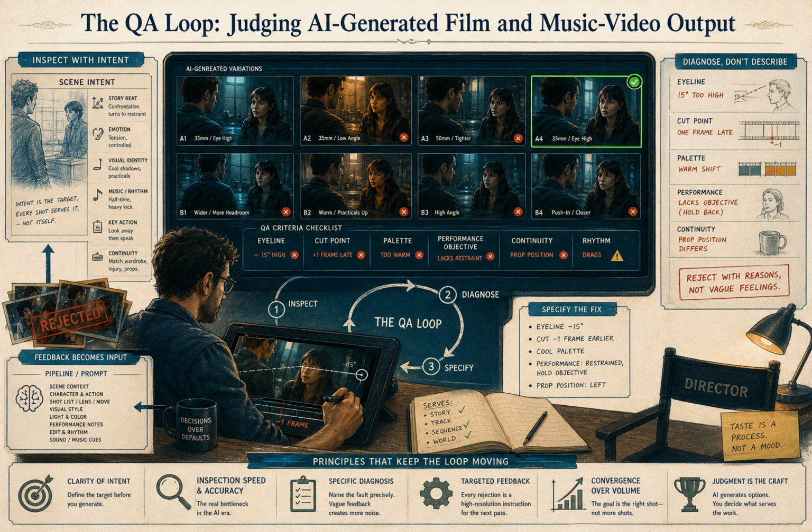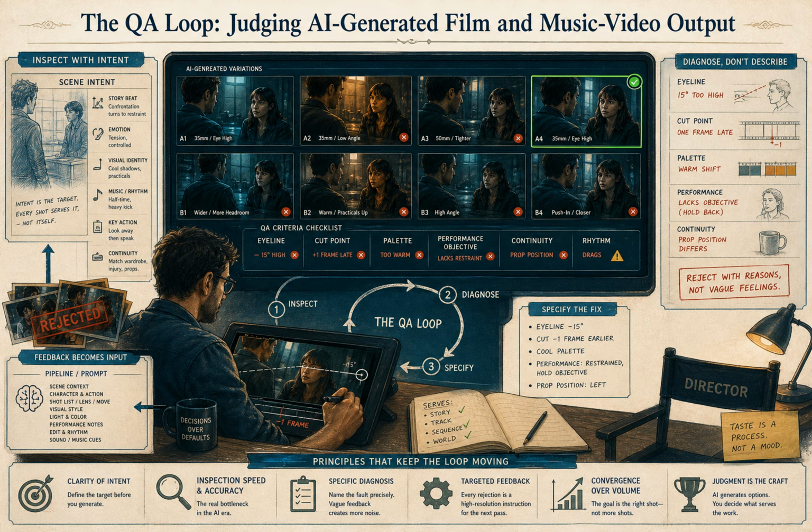Another big shift is context. Never judge AI shots in isolation. A shot can look perfect alone and fail immediately in sequence. Eyelines might not match the previous angle. Screen direction might flip. Energy might spike when the scene needs restraint. So always view the candidate shot next to what it cuts from and to. Your standard is whether it works at playback speed in the timeline.